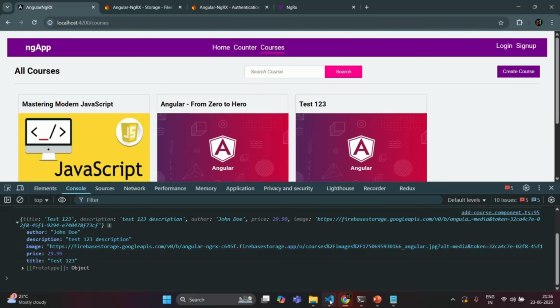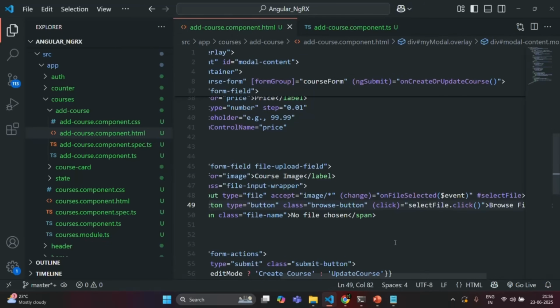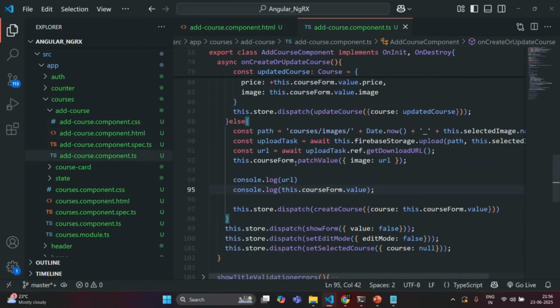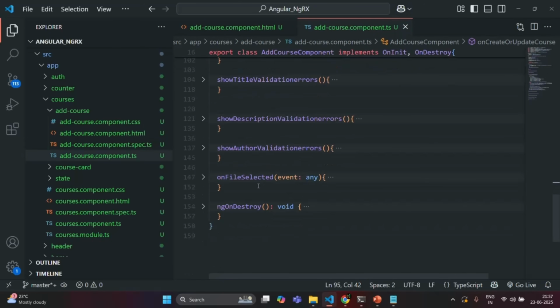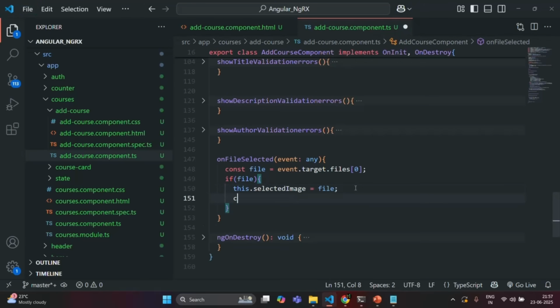Now there is just one thing which I also want to do, and that is if I go to this add course component.html, there we have this span with the class file name. So when no file is selected, it says no file chosen. But now what I want to do is, if a file is selected, I want to show the file name there. So for that, inside this on file selected, what I'm going to do is, if the file is present, I'm going to create